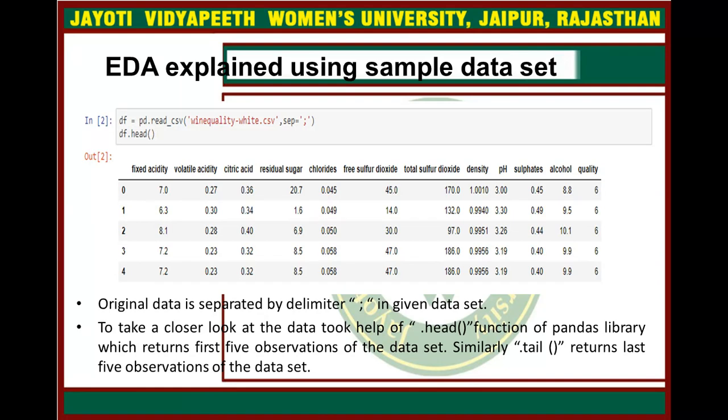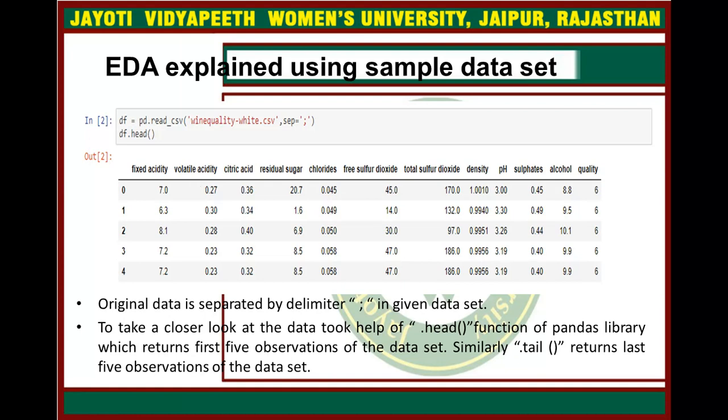Now, EDA explained using a sample data set. Here you can see on the screen a sample data set. There is fixed acidity, volatile acidity, citric acid, and all these columns. In these columns, these are the number of rows, or you can say the data which is stored in this table, right?